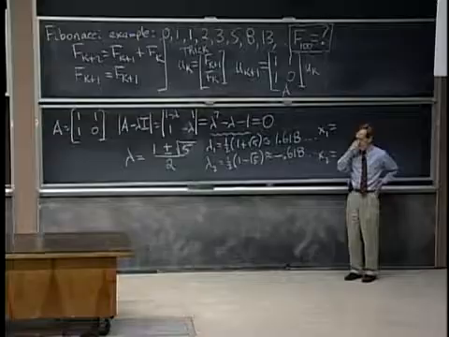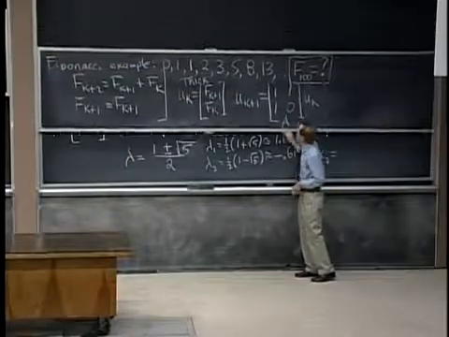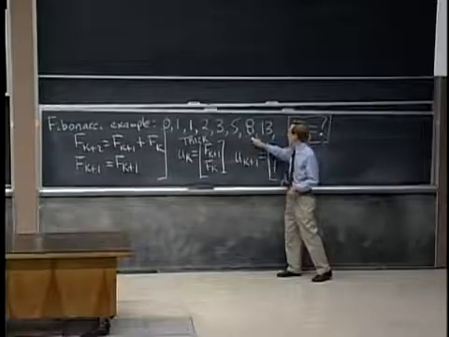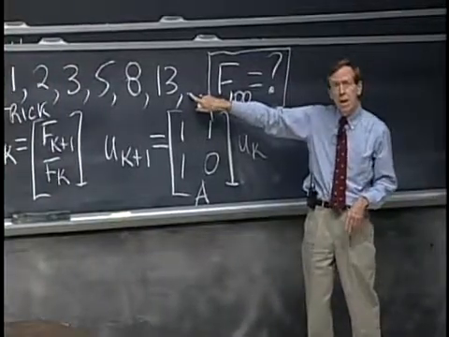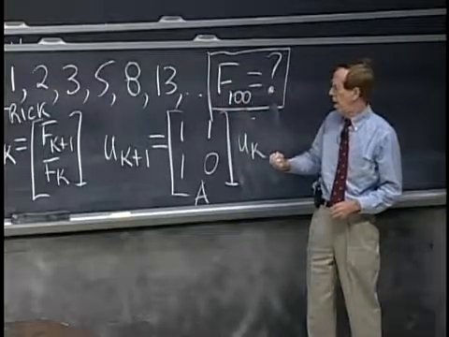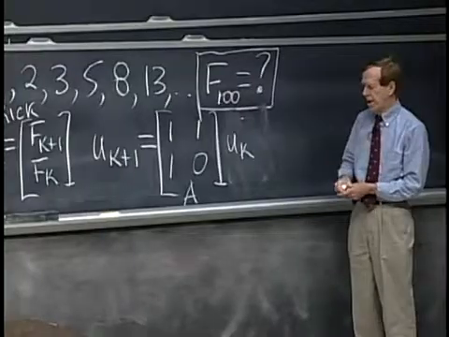They're increasing, right? They're not doubling at every step. Let's look again at these numbers: 5, 8, 13. It's not obvious. The next one would be 21, 34. So to get some idea of what F100 is,